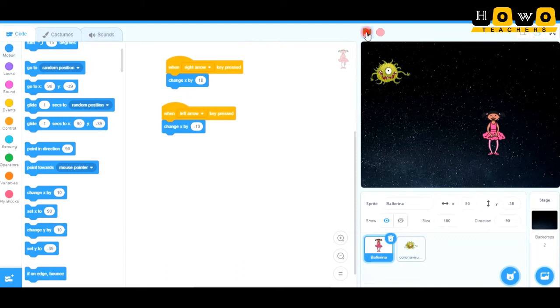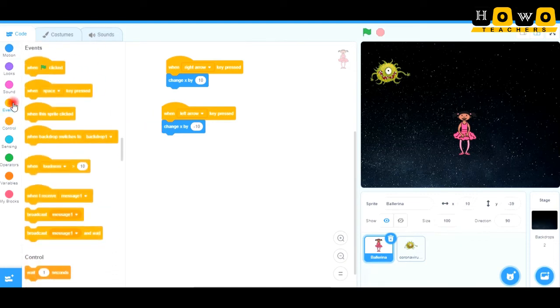Towards the right it's working, towards the left also it's working, and that is very good. You can see over here that when I am pressing the right arrow, this is blinking, and whenever I am pressing the left arrow, this is blinking too. That is how you can check whether what you have made is correct or not. Now let us quickly complete the coding for this area.